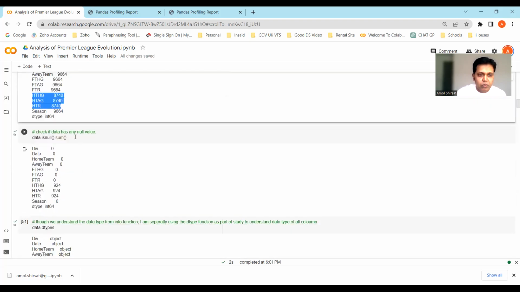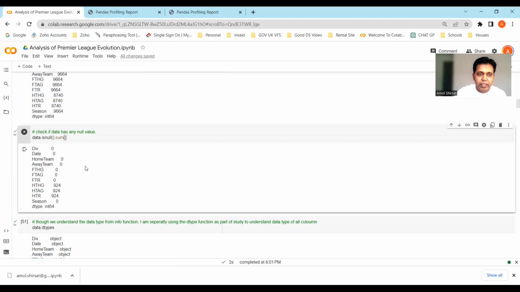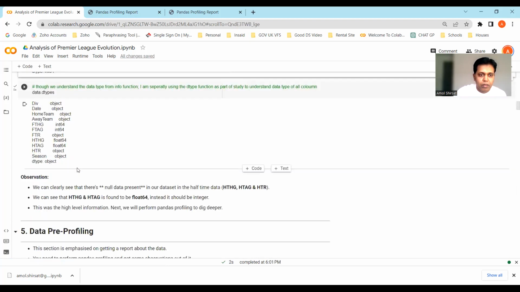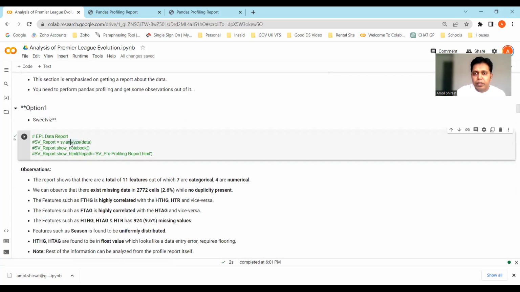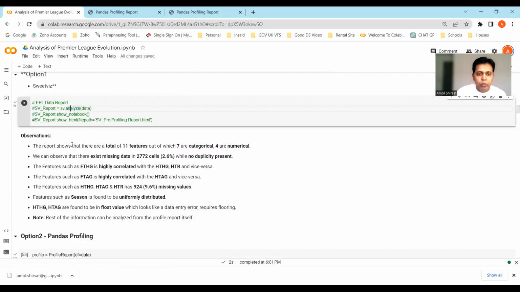Another instruction to find out the same thing is by finding out the null values, and again we can find out that there are null values in the half time results. So these are the alternatives to the data count to find out the null data. So we have basically reviewed the data as step number 2, and the third step that we will be doing is the data